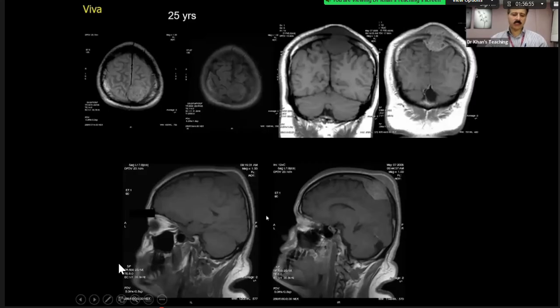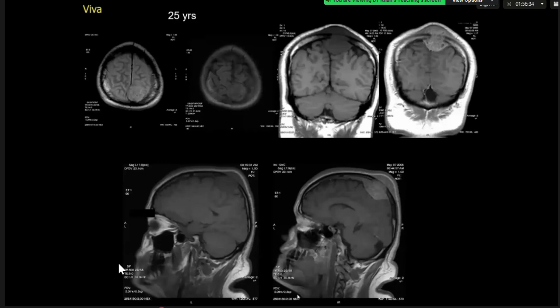Can you describe this candidate 3? Okay, so there is an extraaxial lesion predominantly in the parietotemporal region. It is causing bony destruction with an extracranial component to it. There is some thickening of the dura surrounding that lesion.